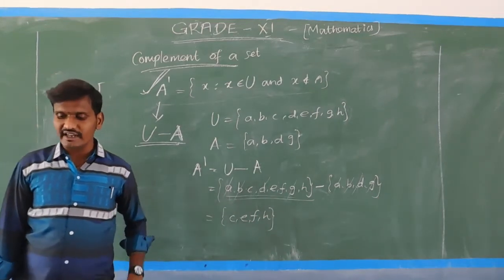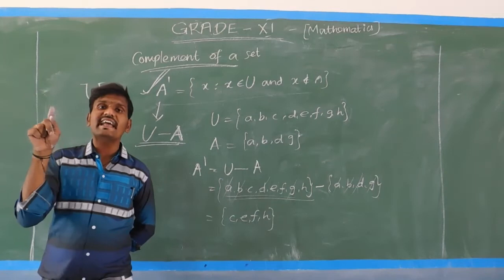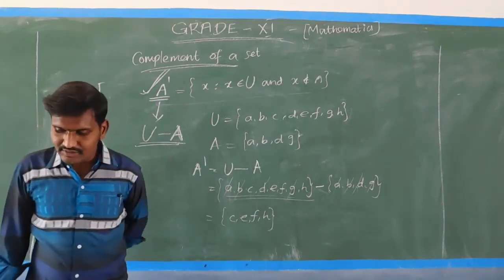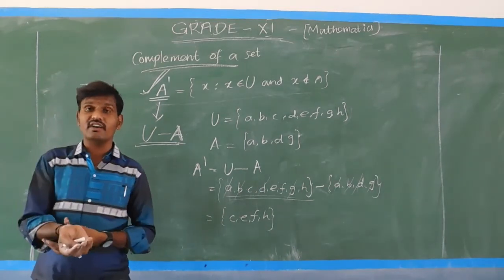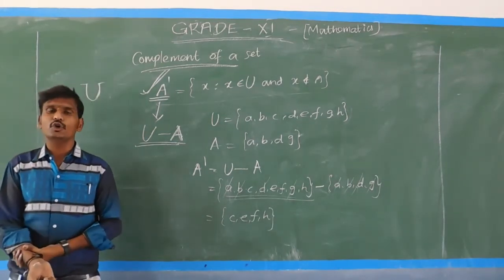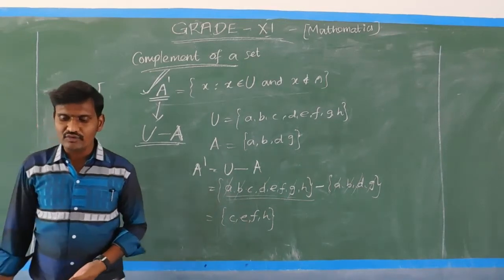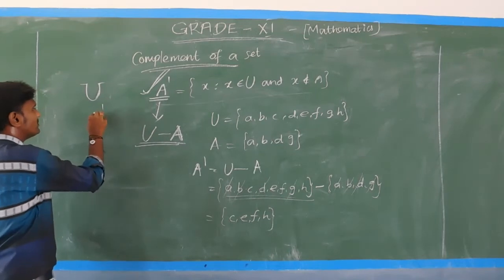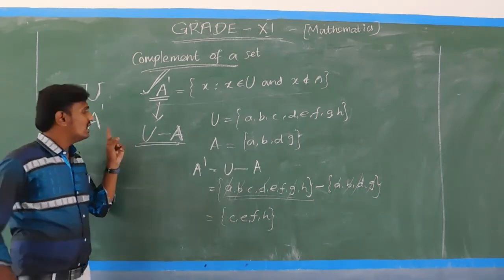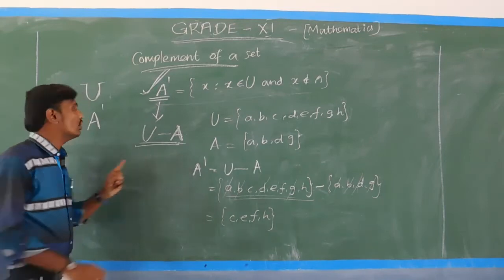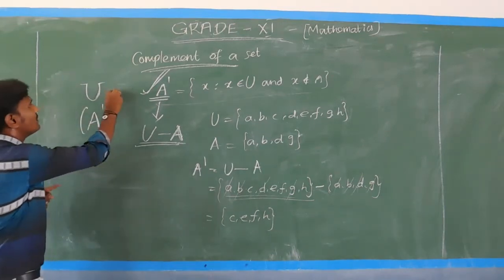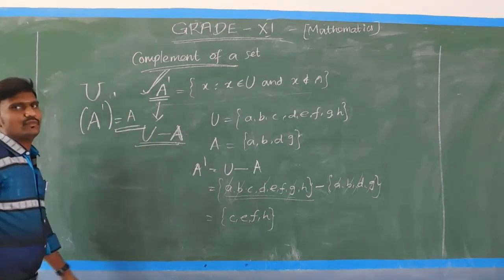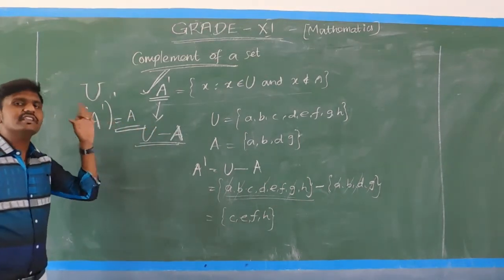If A is a subset of the universal set, then the complement is A dash. How to pronounce this? A dash. So A dash is also a complement which is a subset of the universal set. Now, A dash means the difference between the universal set and set A, and again if we take the complement, we get the same set A. So A dash, the whole dash, equals A.